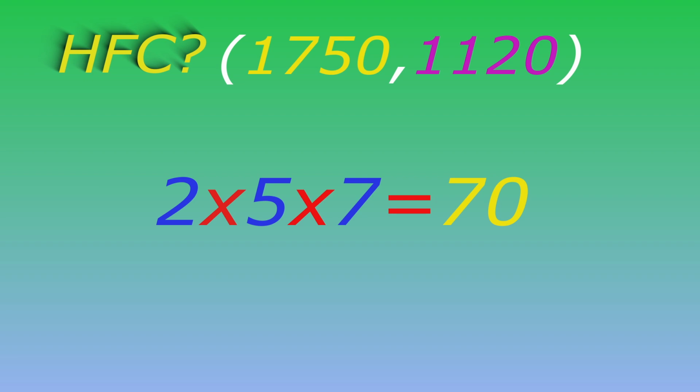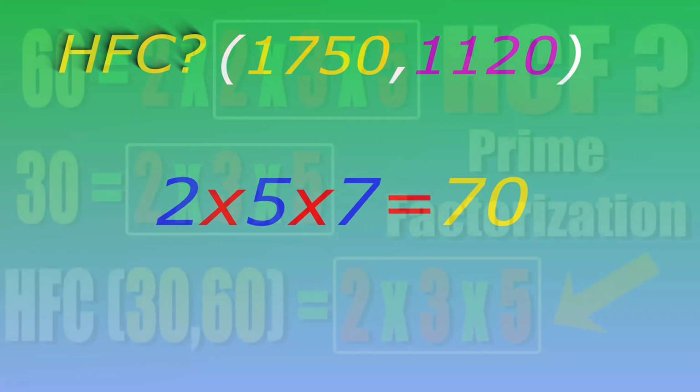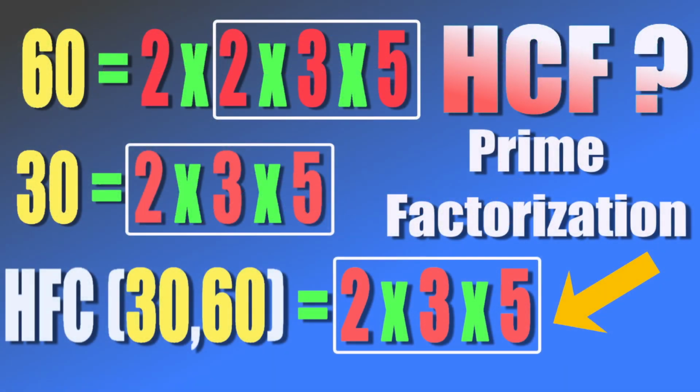Why don't you try some large numbers? See if you can actually find the individual factors of the numbers and find the highest common factor that way. Then try, with the same numbers, prime factorization. You will find it less work and easier to find the answer. Well, that's how you find the highest common factor of two numbers using the prime factorization method.